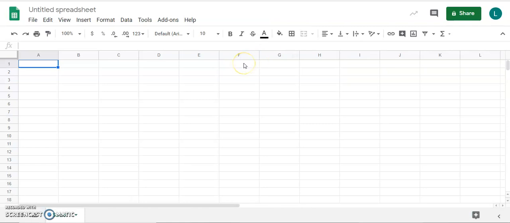So moving back to that blank spreadsheet, the first thing that I always want you to do is title your spreadsheets. So I'm going to call this my schedule. Down at the bottom you have sheet tabs. You can name each one of your tabs that you include in this file a different name. I'm going to call this S2 for semester 2. So if I add additional sheets, notice I added a sheet 2, I can call this fall semester. And I can have different information on each one of these or copy and paste the information from one to another. Going back to the S2 spreadsheet,